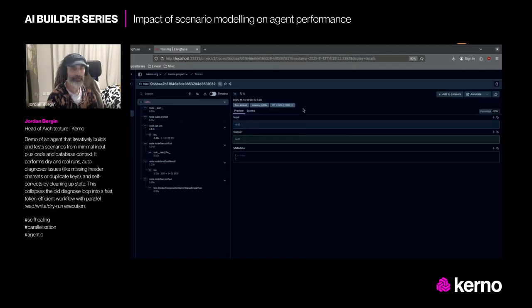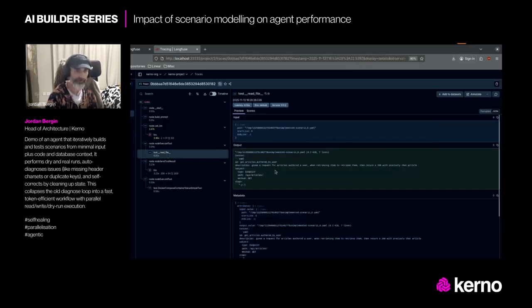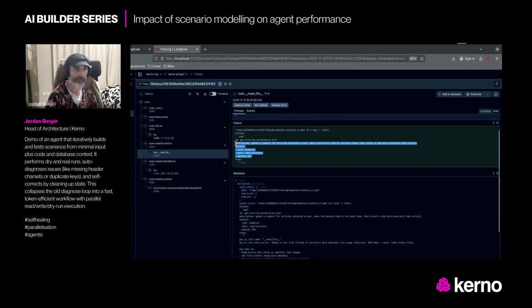So let's expand this one and look at what it's done. The agent's decided to read a file. The file is a scenario with no steps defined in it. It's been given nothing. It's equipped with only the ability to read and write to this file, to read the state of Docker compose, and to execute the scenario. That's all it's capable of doing, and this is pretty much all that's been given to go on.